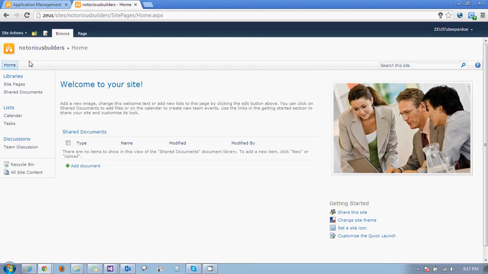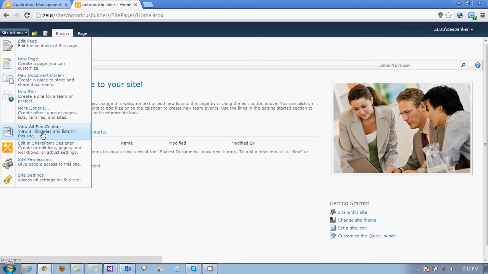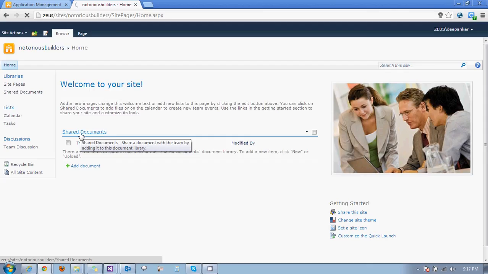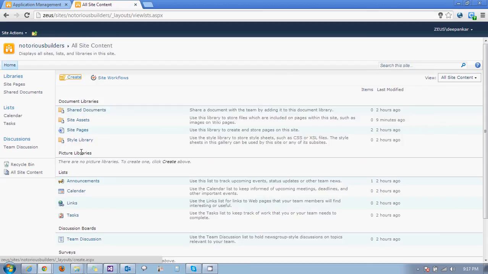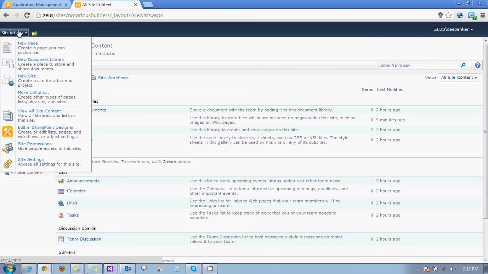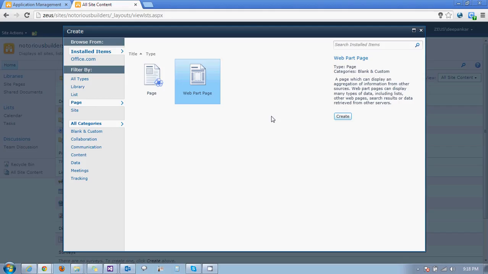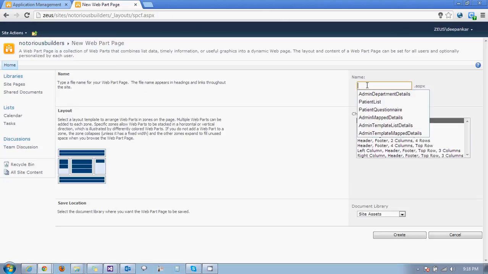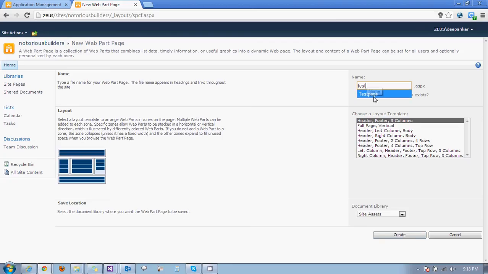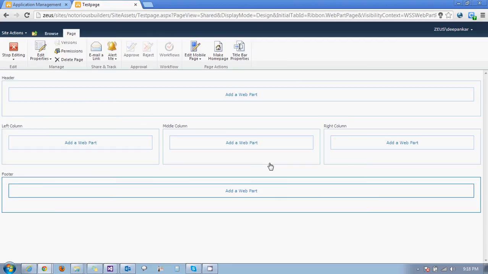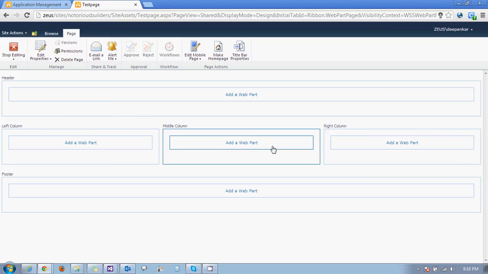I'll go ahead to site actions. I'll say more options. I'll go to page, web part page, create. I'll give it a name, test page. Okay, create. It has given me a template and I can go ahead and add web parts to it. I'll just click somewhere, custom. Now this is the web part that we need to deploy. This is basically the project name hyphen the web part name. I'll go and add,